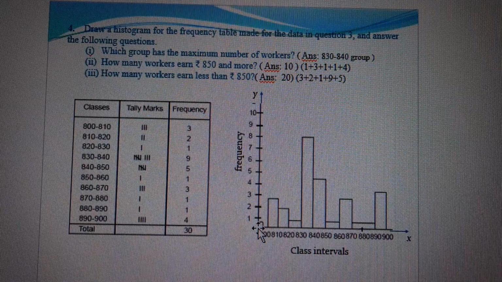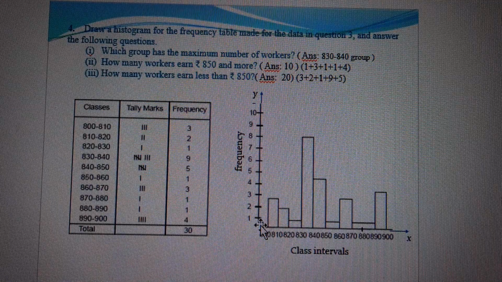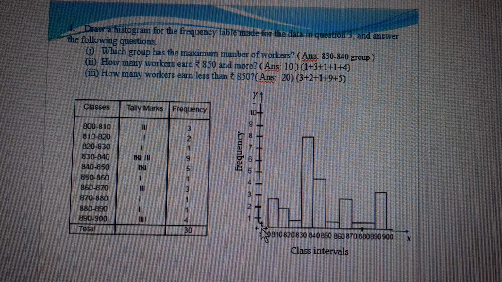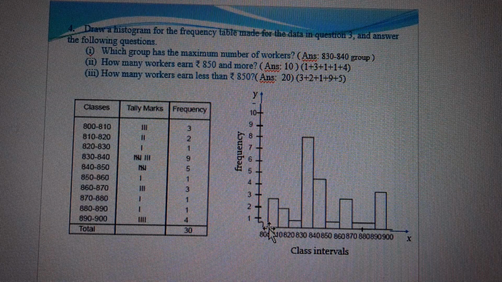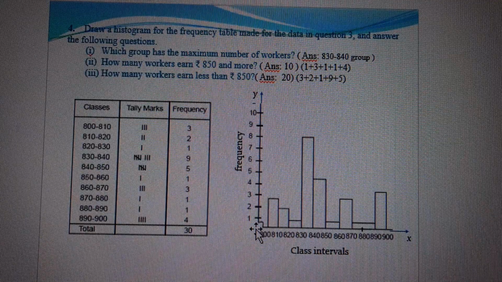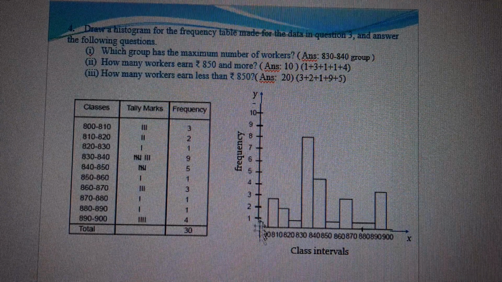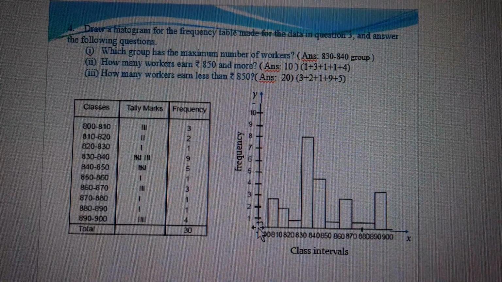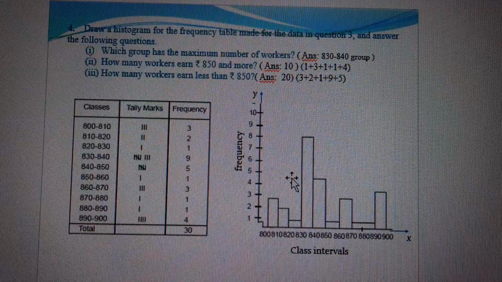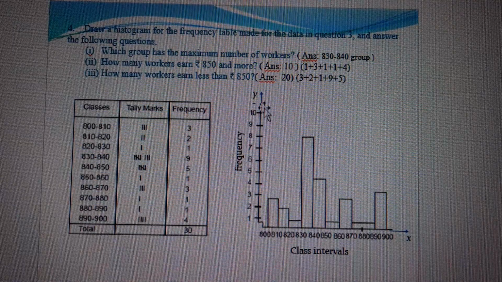This zigzag line should be there because this meeting point, or point of intersection, is 0. So here 0 and the first class is 800. So all the gap of 0 to 800 is shown here by drawing a zigzag line. Then equal gaps, and then you have to draw the bars by taking a convenient scale on the y-axis.